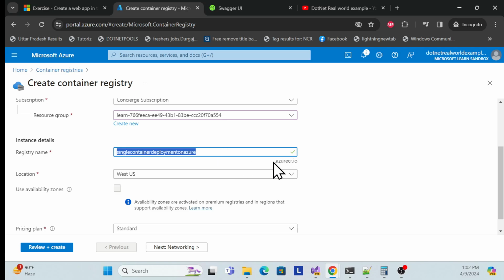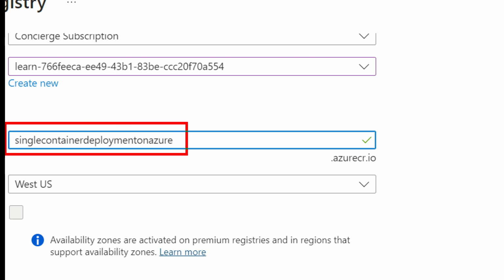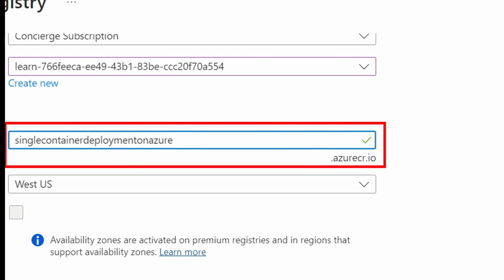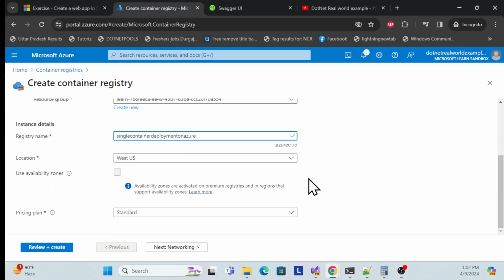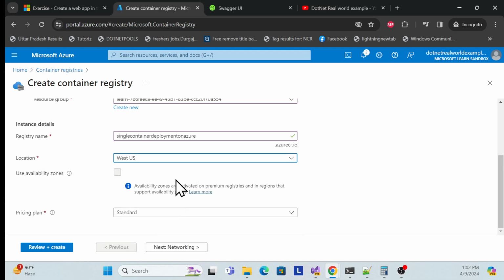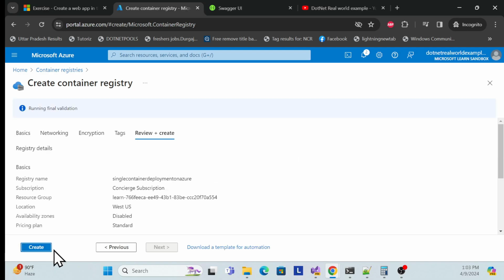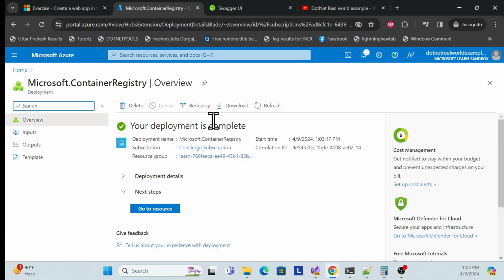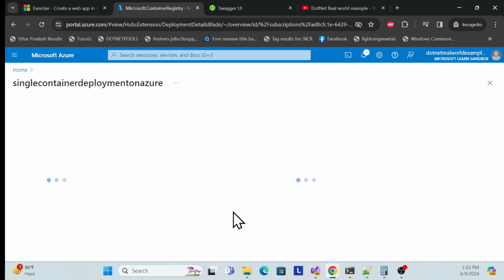So this will actually collapse with this guy, if you clearly see. So this guy, your Azure single registry container with dot azurecr.io. So this is actually required. I'll show you how we can use that. So once you're done, choose whatever your place, right? So I'll just use the default one, whatever we have, and then choose that plan. So I'll just use the standard one and review and create, and create. Now once it's done, deployment complete, just click that, go to resource,